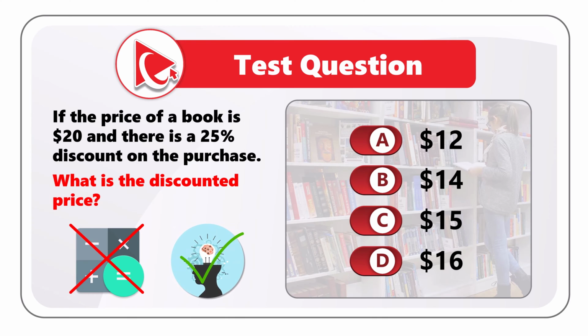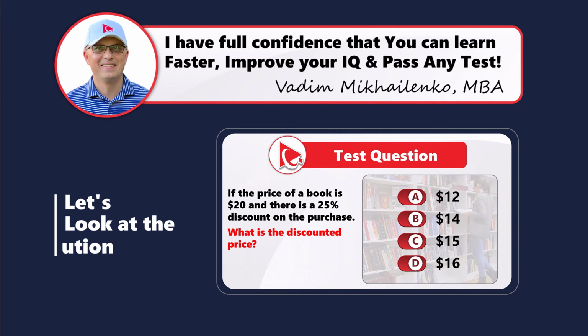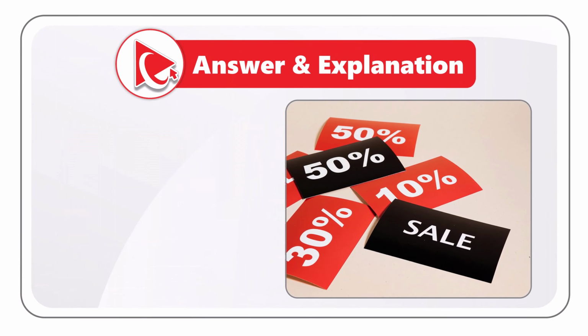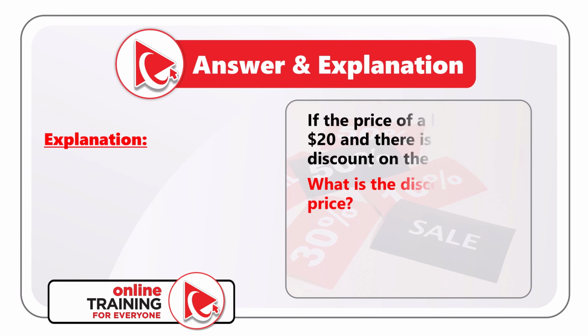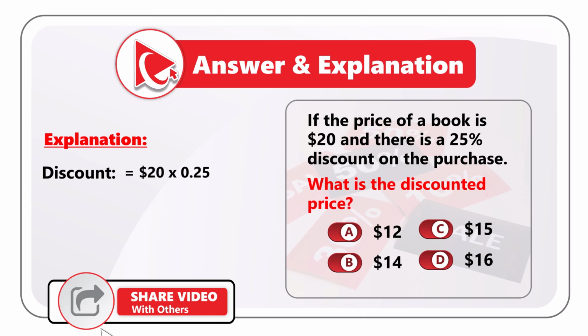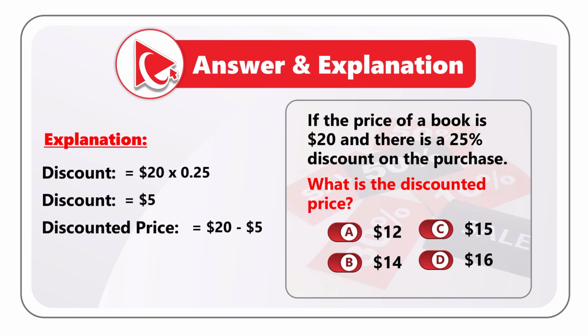Are you ready? Because I am moving forward to share with you my version of the answer. And obviously, if you have a better way to solve it, please make sure to post in comments. The first step to solve this challenge is to calculate the discount. Discount is calculated as original price, $20, multiplied by a quarter, 0.25. So discount equals $5. Which means the discounted price will be equal $20 minus $5, which would be equal to